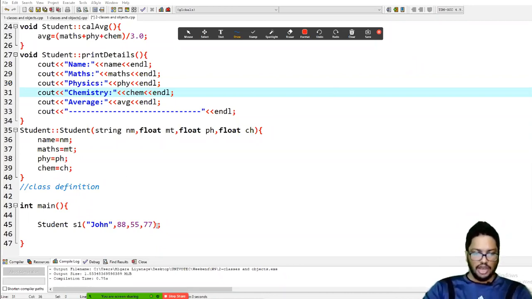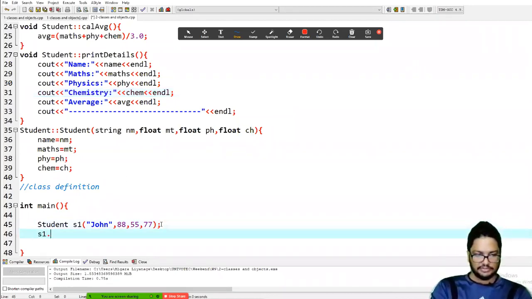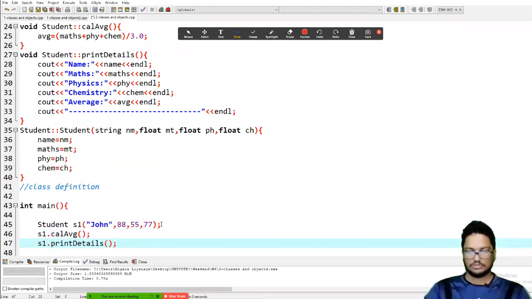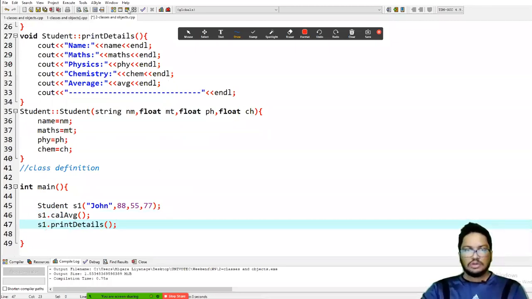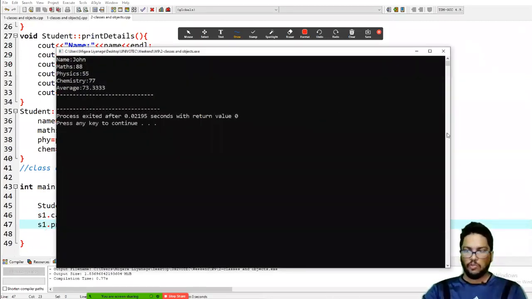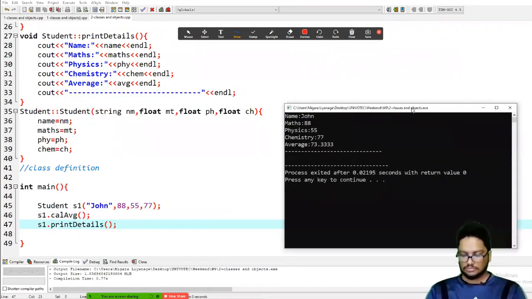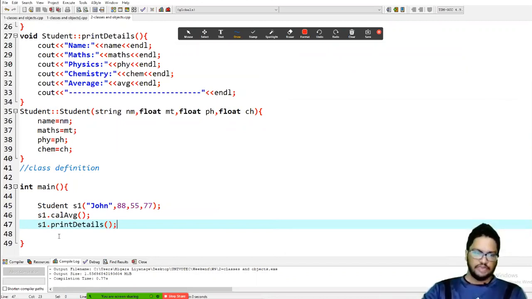Understood? So now simply, let's say, similarly, we can do it for several objects.